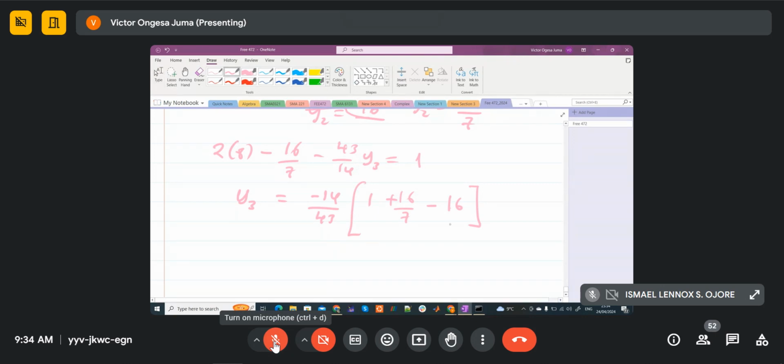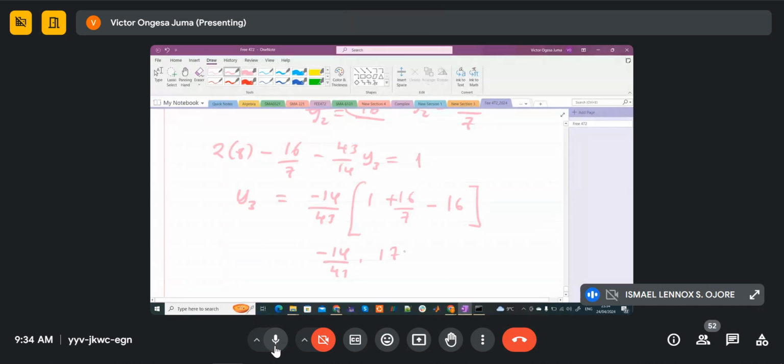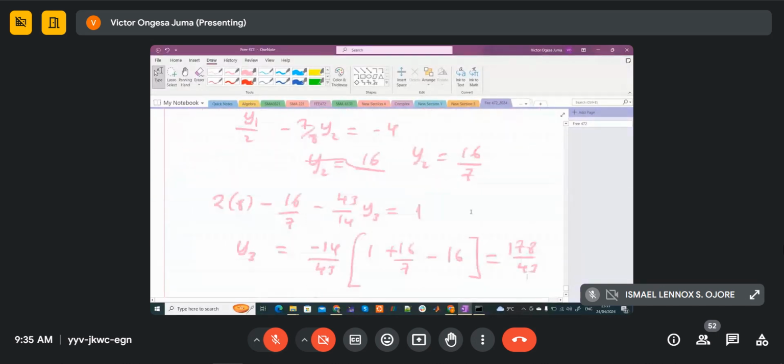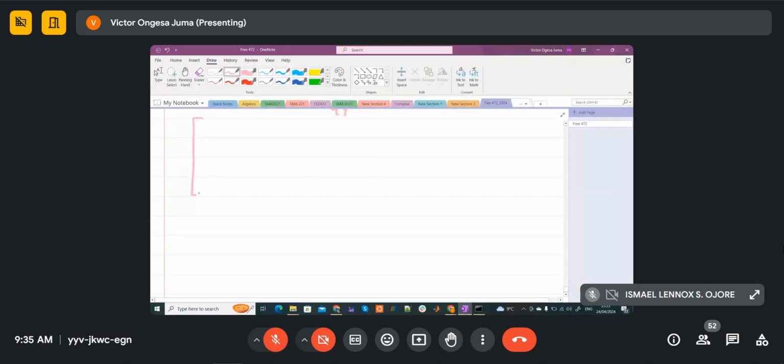You get this negative 14 over 43 multiplied by 170 over 43. So once we get these values, we now solve the back substitution. So what is the back substitution? So the back substitution is,